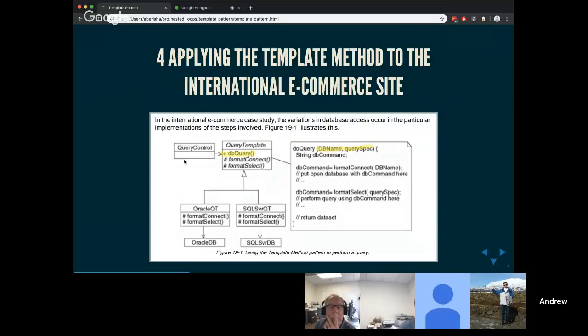So we have a doQuery that's public, and then we have some methods that will get replaced by the different types of database. So instead of just having a format connect,